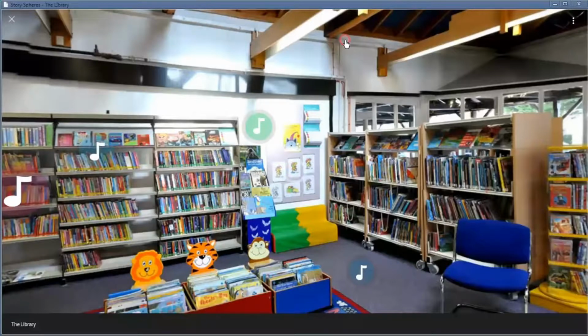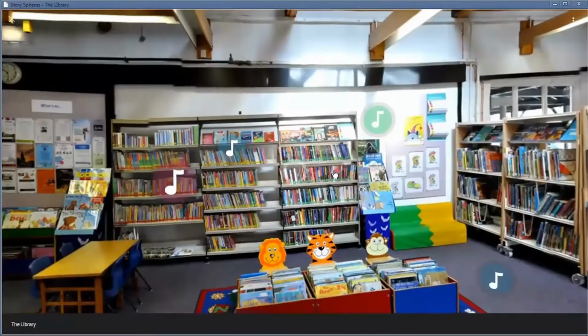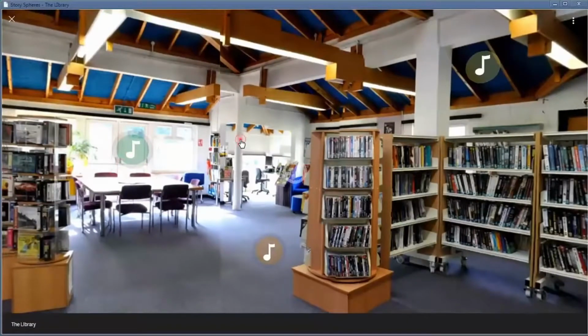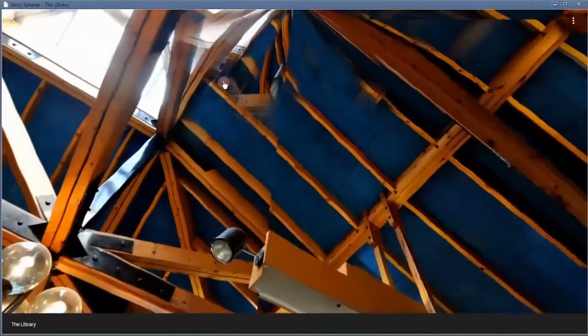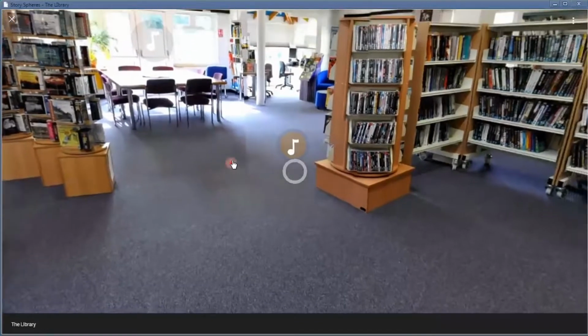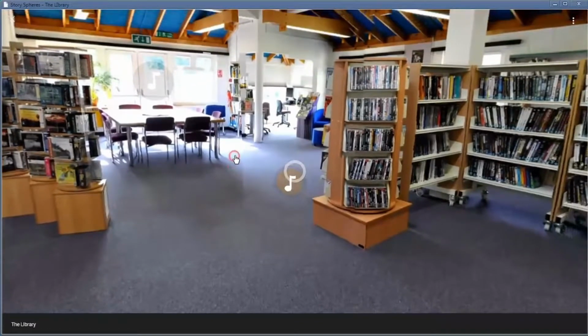In this video, you'll learn how to listen to a library. Now, in this story sphere, we have 13 hidden audio clips. Now, if you're just quiet a moment, we can hear some whispering in the background. There it is. So we've got two things going on here. One of them is the 360-degree photosphere of this particular library. And we can look right up to the ceiling, and we can look right to the ground. When we align one of these tracks, and I'll just do it now, you watch, and it loads and